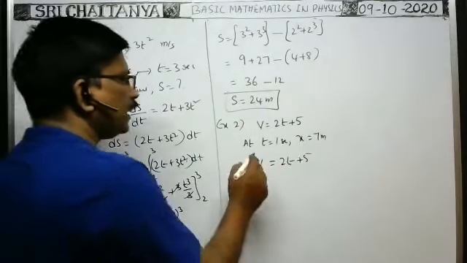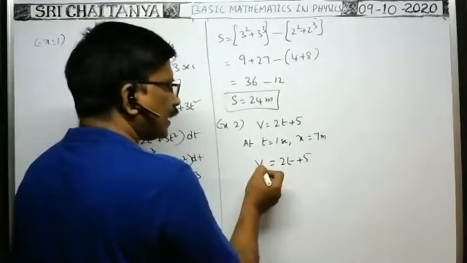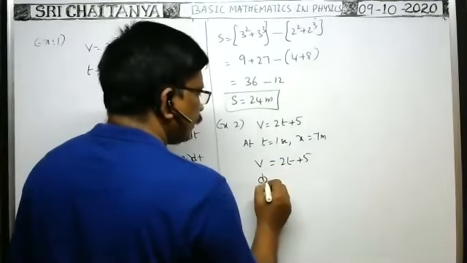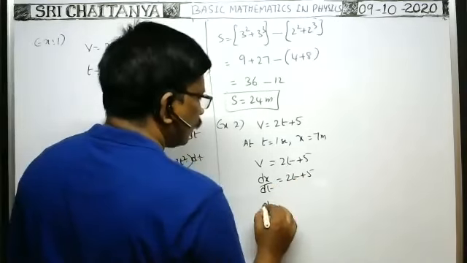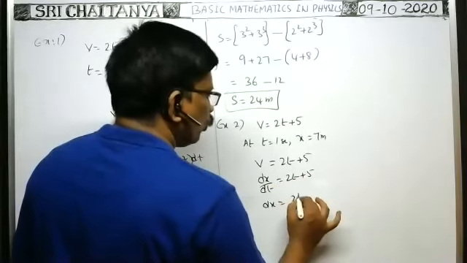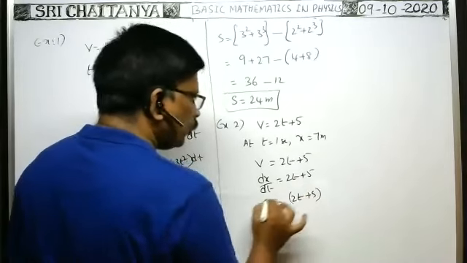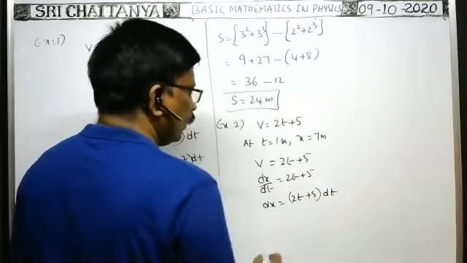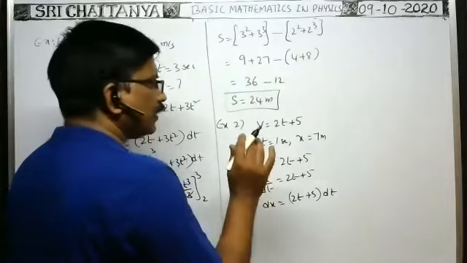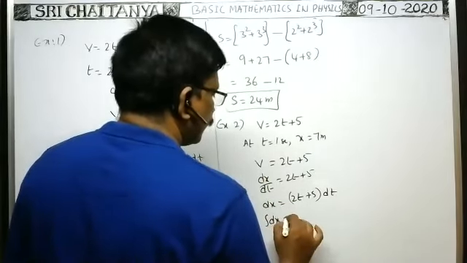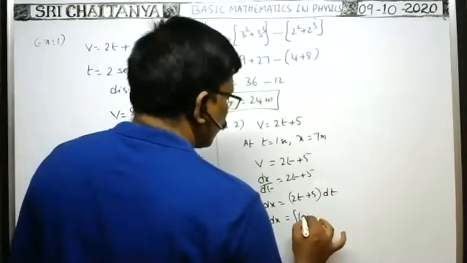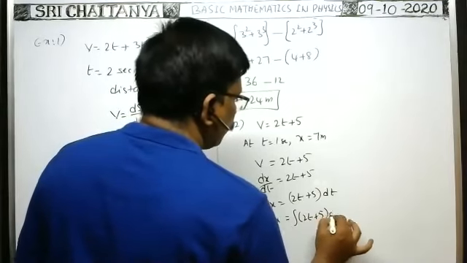అది కావాలి మనకి. అయితే v varies with time. అంటే ఇది instantaneous velocity కదా. This can be written as dx by dt. That is equal to 2t plus 5. Or dx is equal to (2t plus 5) into dt, cross multiplication. Okay, integral dx నుంచి distance x కావాలి మనకి. అంటే ఇంటిగ్రేషన్ గా చేయాల్సింది integral dx is equal to integral (2t plus 5) into dt.